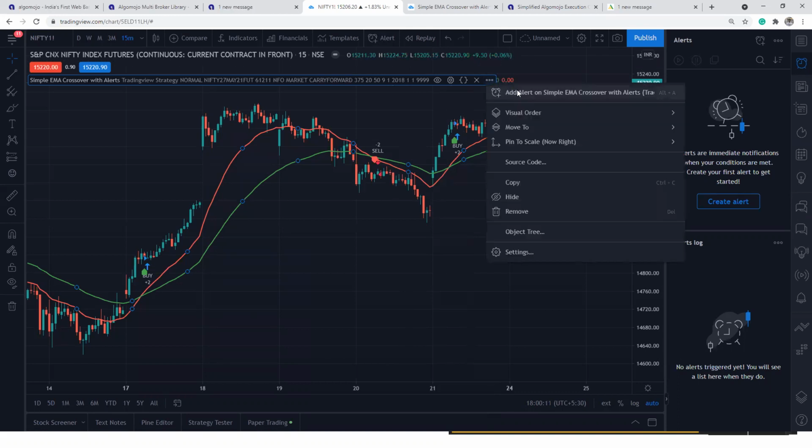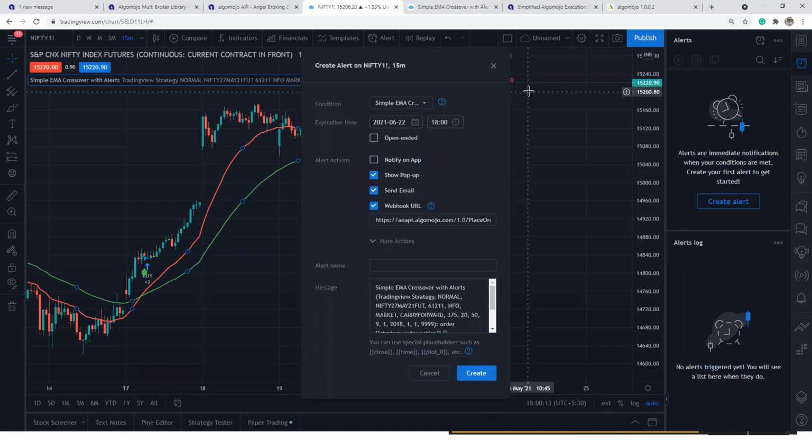Click on that, add to an alert. All right. So here, do the same thing over here. What we have to do here is double bracket, strategy dot order dot alert underscore message. Okay.